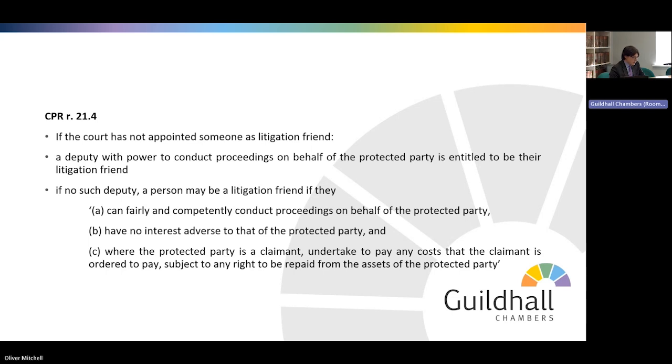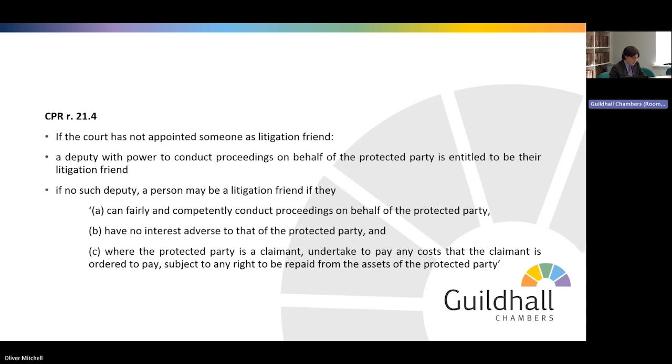And as Oliver said, it gives primacy to a deputy who has it within their power to conduct proceedings. A deputy with power to conduct proceedings on behalf of a protected party is entitled to be their litigation friend. As Oliver said, again, it doesn't apply to an attorney. An attorney is in the same position as any other person. But if there is no deputy, then any other person can be appointed as litigation friend if they fulfill three criteria, in addition to consenting to act as litigation friend. Those criteria, as set out on the slide: firstly, that they can fairly and competently conduct proceedings;